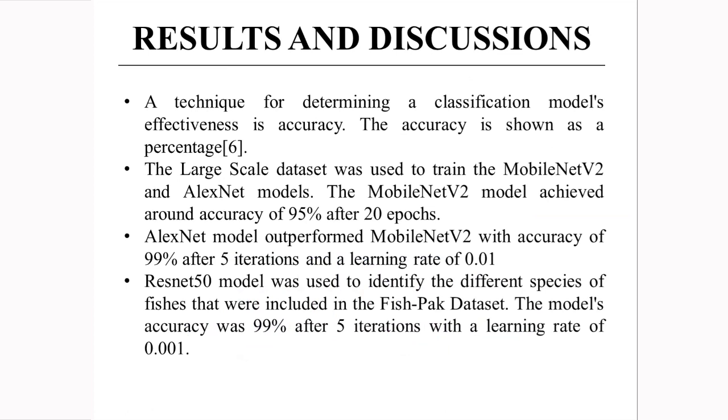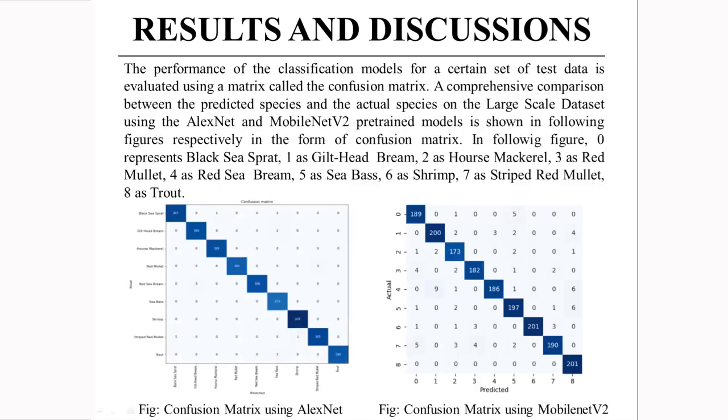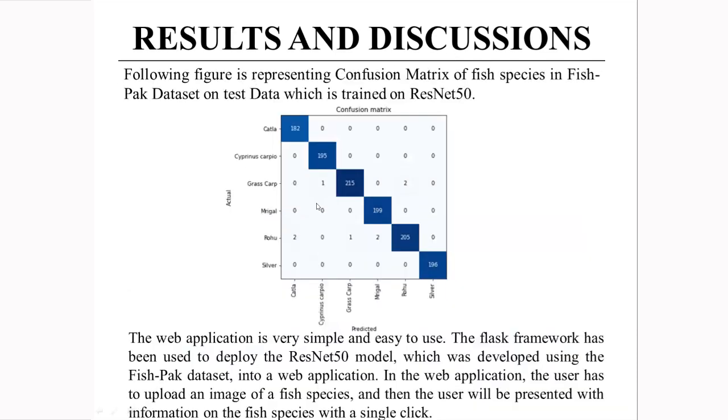ResNet model was used to identify the different species of fishes that were included in the fish park dataset. Model's accuracy was 99% after 5 iterations with a learning rate of 0.001. And these are the confusion matrices using AlexNet. Second one shows the confusion matrix using MobileNet V2. And this figure shows the confusion matrix of fish species in the fish park dataset on the test data,